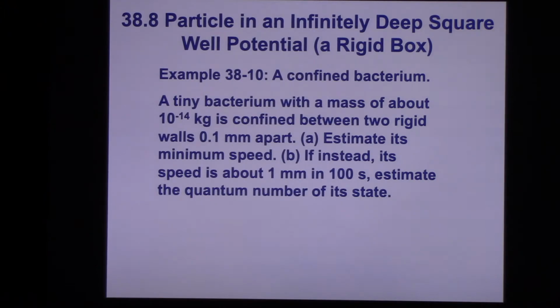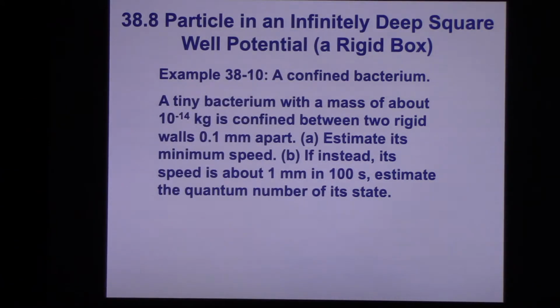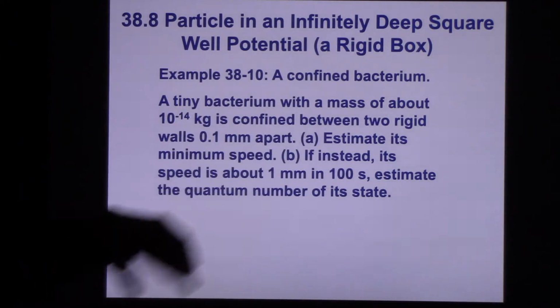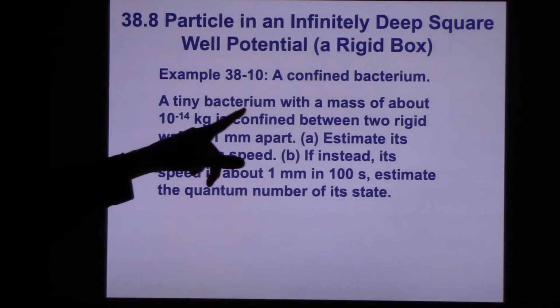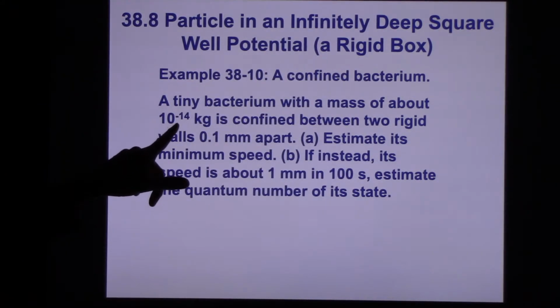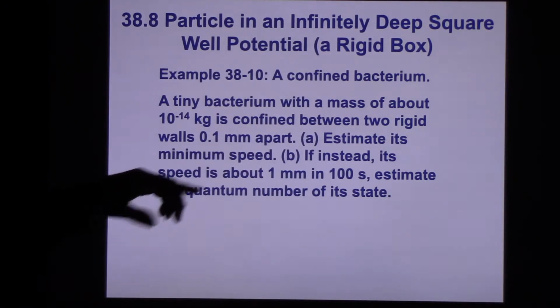All right, here is our macroscopic example from when we were looking at the Heisenberg uncertainty principle. We had an example with a baseball, and now, with a particle confined inside a deep square well potential, they've brought out a bacteria. A tiny bacterium, mass about 10 to the minus 14 kilograms, is confined in a 0.1 millimeter